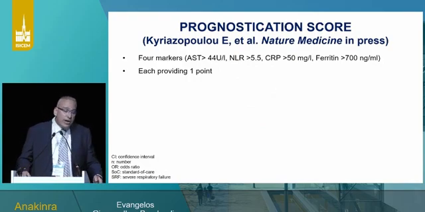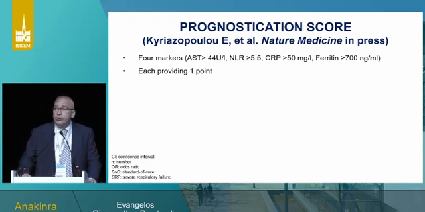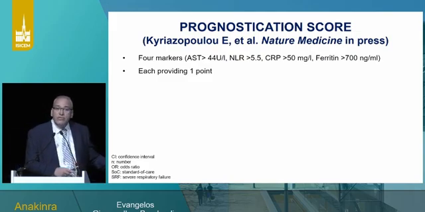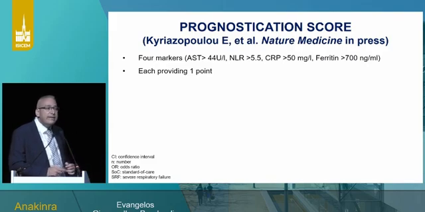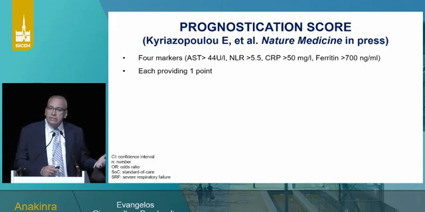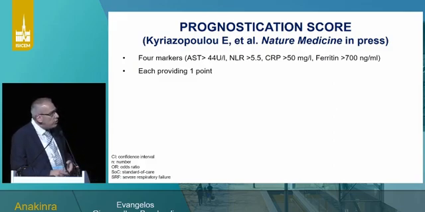And someone could say, okay, much relies on the prognostication tool. How about if I'm in a hospital setting where I do not have SUPAR? What can I do? And that was exactly the question coming from the reviewers of Nature Medicine, and I am grateful to them because they challenged us. And through this, we developed a prognostication score introducing aspartate aminotransferase, the neutrophil to lymphocyte ratio, CRP, and ferritin, above the cutoffs that you see.